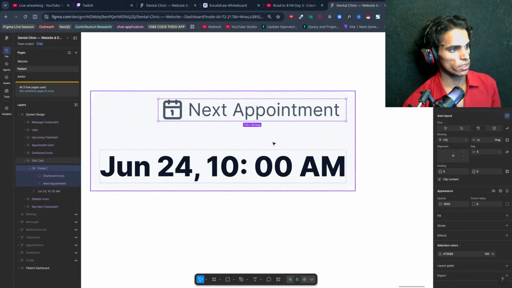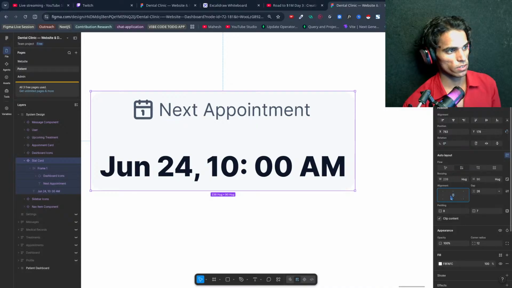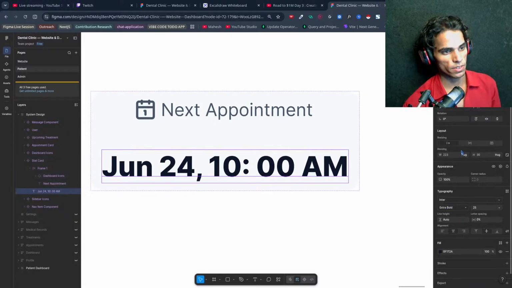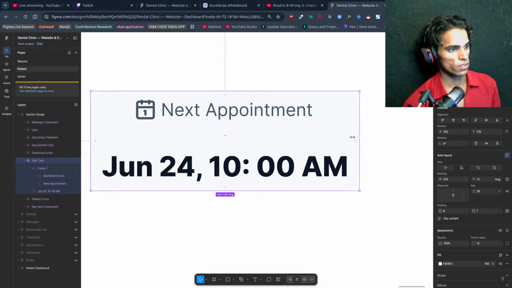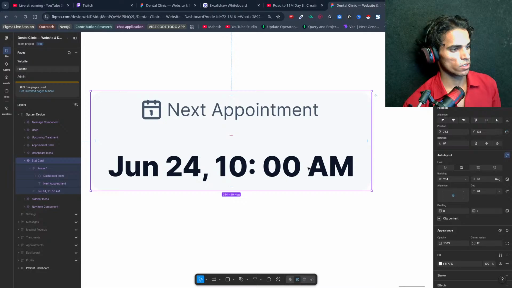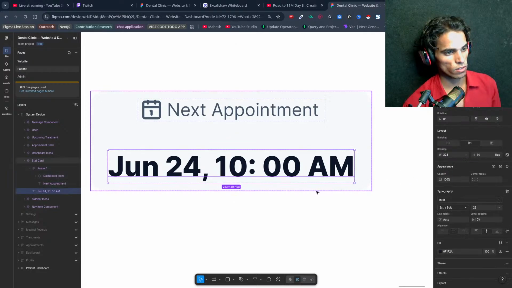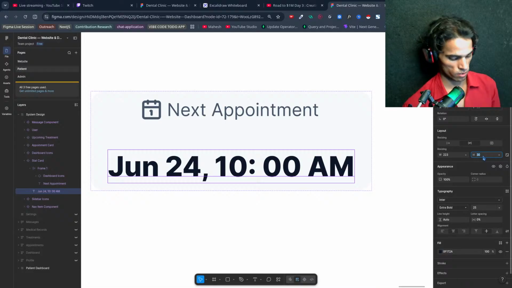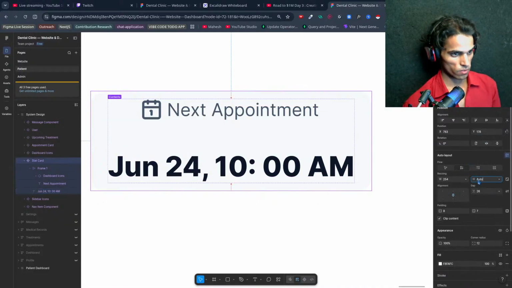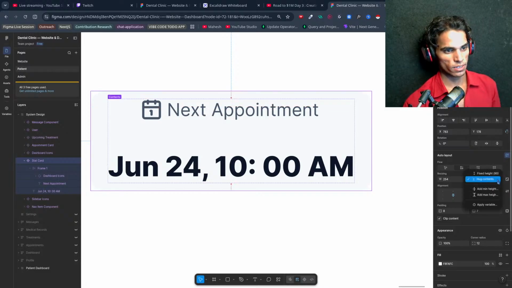Yeah, now this is great. Now I will do this center, and for this I will keep this center. What is the problem? Height will be auto. No, not for this. I will keep height auto for this. Why can't I change it?